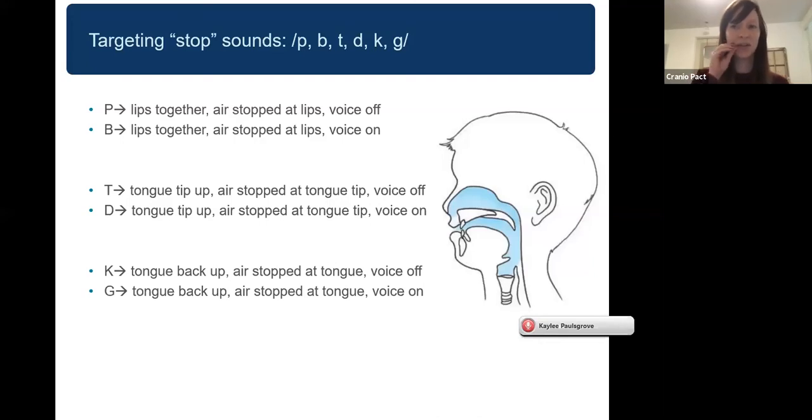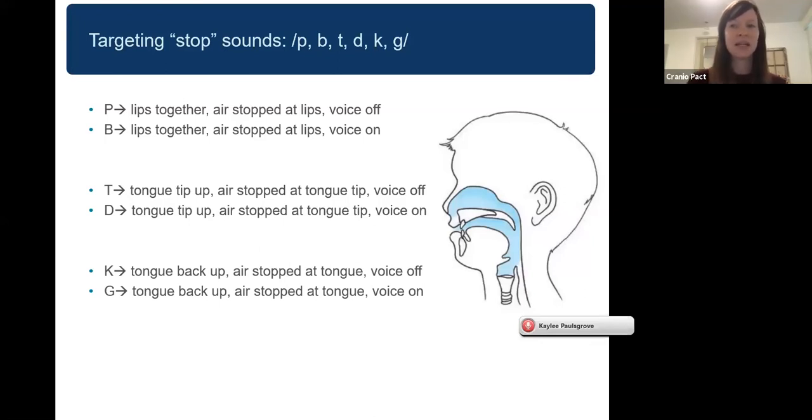Your lips are together, your air is stopped at your lips, but the only difference is that the P is a voiceless sound, p, p, p, where our vocal folds are not vibrating, and B is a voiced sound where our vocal folds are vibrating, b, b, b. The next group of sounds, T and D, are the same way. So these are pairs of sounds that share the same place, the same manner, and the only difference is our